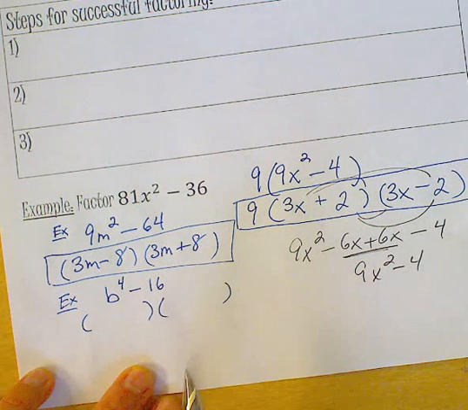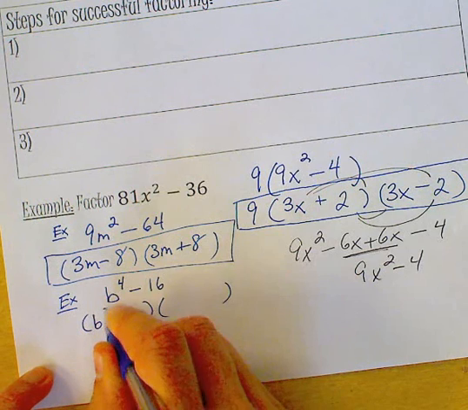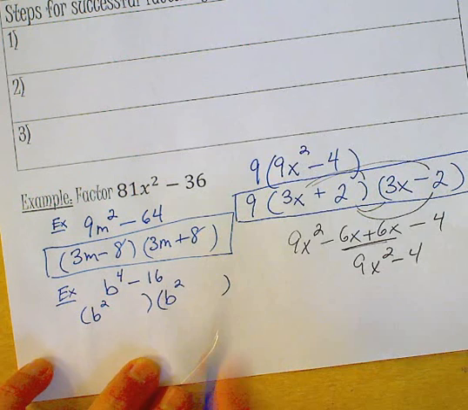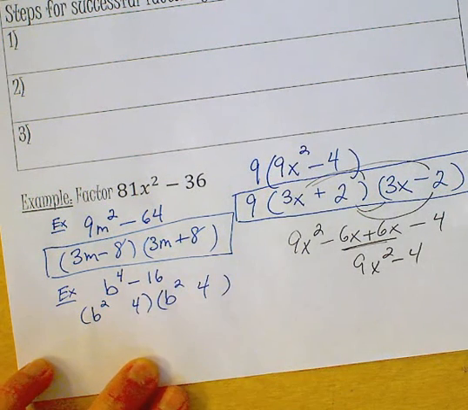What's the square root of b to the 4th? b squared, so that's our first terms. What's the square root of 16? So those are our second terms. And where do you want to put your plus and your minus? Doesn't matter. But,